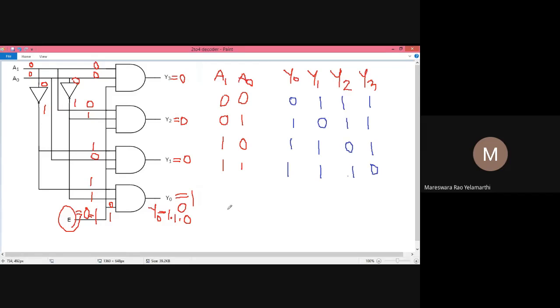Okay, now have you understood till now? Do you have any doubts? Any doubts, please respond quickly. I will go for the 3 to 8 decoder. Any doubts?